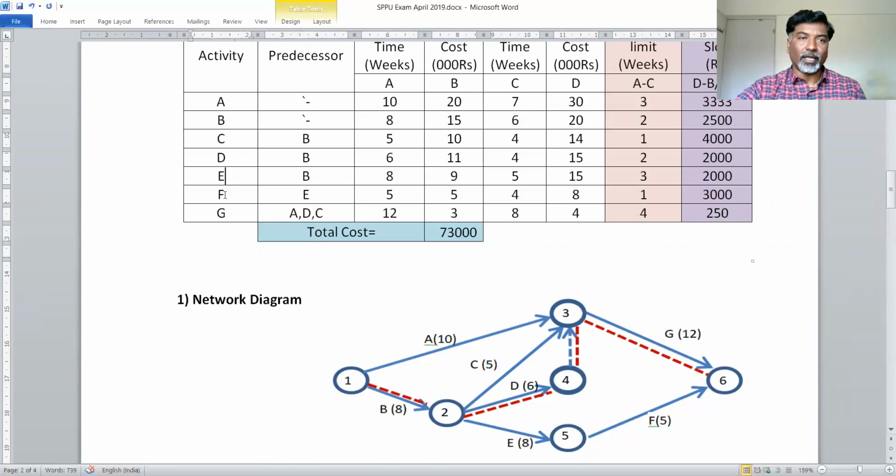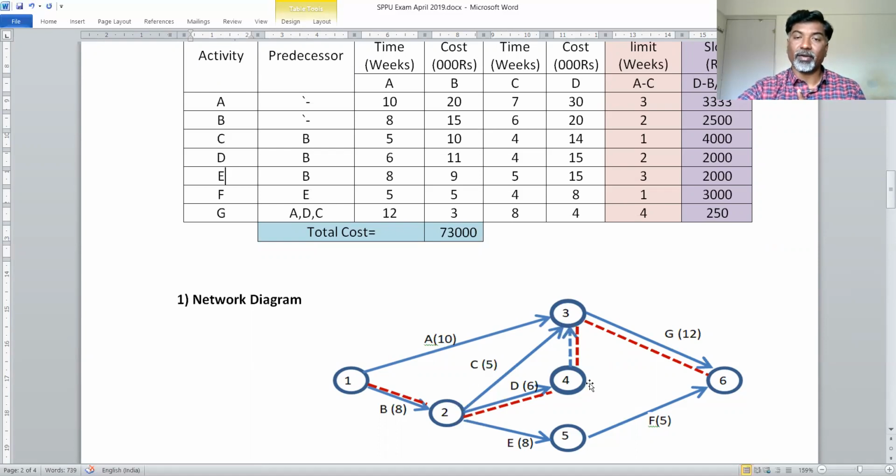See now, activity F is starting from activity E. So activity E is finished over here, and I have started activity F from here. Now what you have to take care of here is that activity G is starting from A, D, and C. Activity A I have merged here, and activity C I have to merge here along with activity D. So I cannot directly join this D activity to this node, because as per the norm of network diagrams, two activities should not have the same starting node and the same ending node.